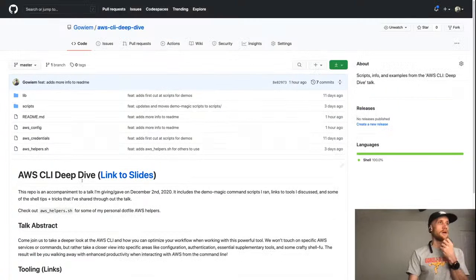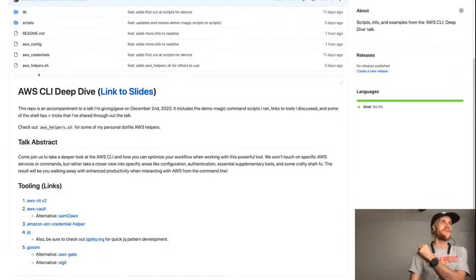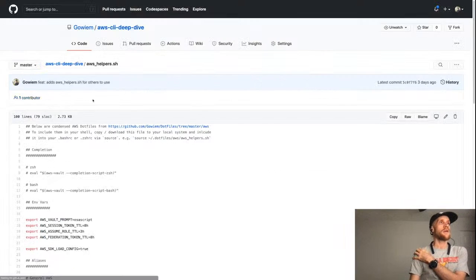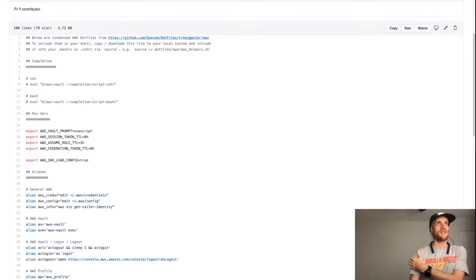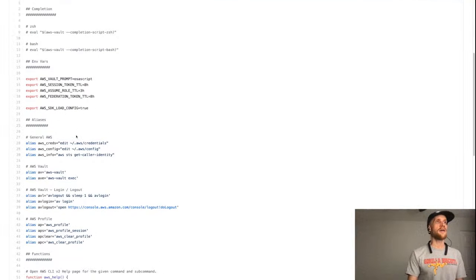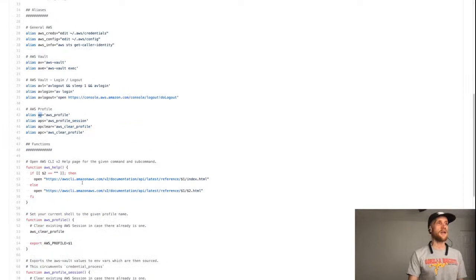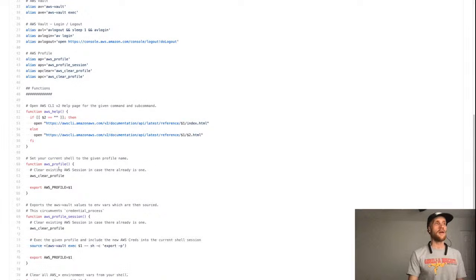So you can check out all the things that I was invoking and really get some links to some of the stuff that I was talking about here. And then finally, I think I mentioned this, I have my own AWS Dotfiles repo that has a bunch of stuff in it, particularly some good stuff around AWS and Terraform. But in particular about AWS, all the stuff that I talked about today, this is my configuration, right? So that AP alias that I used earlier to set AWS Profile, all I'm doing there is